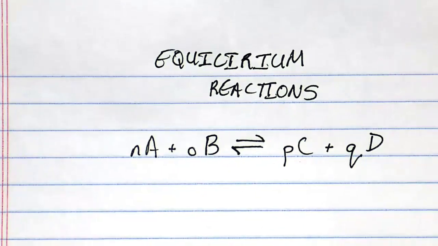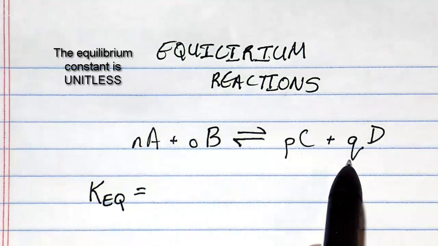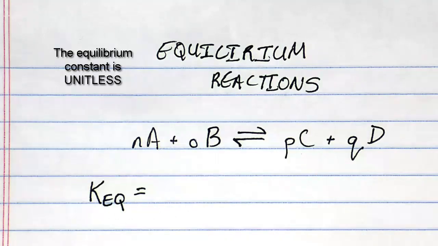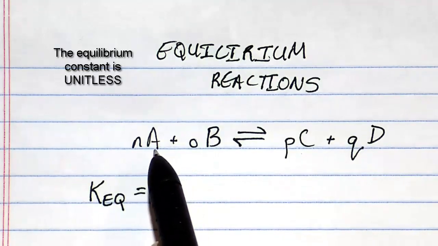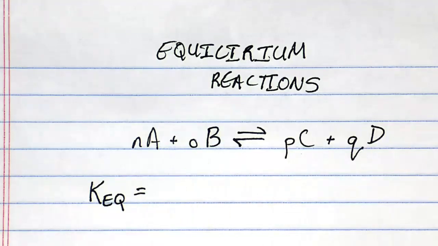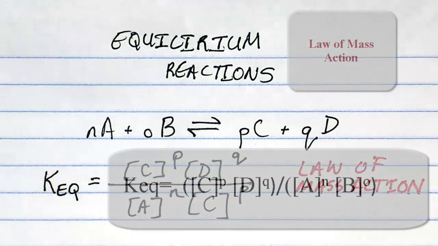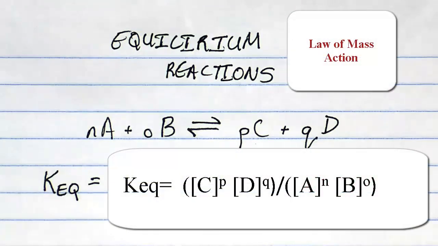So a reaction that's in equilibrium has what's known as an equilibrium constant, and the equilibrium constant is a number. It does not have any units, unlike the rate constant, small k. It's a number that relates to the concentrations of each of these at equilibrium, such that for every reaction that proceeds in the right-hand direction, there will be a back reaction that proceeds in the left-hand direction. So in essence, this reaction will settle at a certain amount of concentrations whose ratio is going to be the equilibrium constant. The law of mass action implies that this equilibrium is going to settle